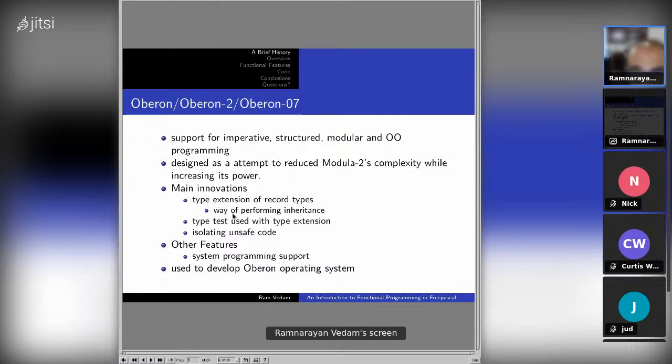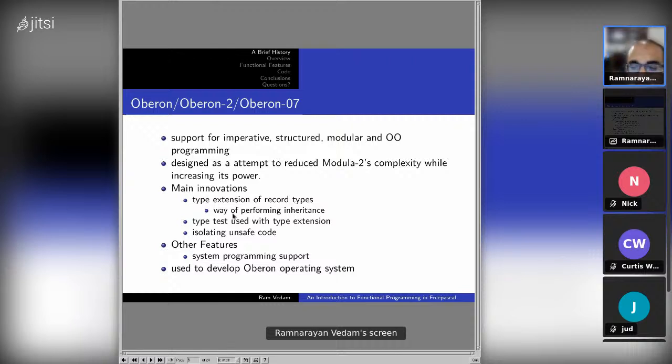So again, as you may note, the three core paradigms of imperative, structural, modular were picked up in Pascal's tradition and still stayed inside Oberon, but now it introduced object orientation through something called type extension of record types to allow one to perform inheritance. This was another way, in combination with the modules, to do things like dynamic dispatch. They have built-in type tests to be able to test between different types for dispatching.